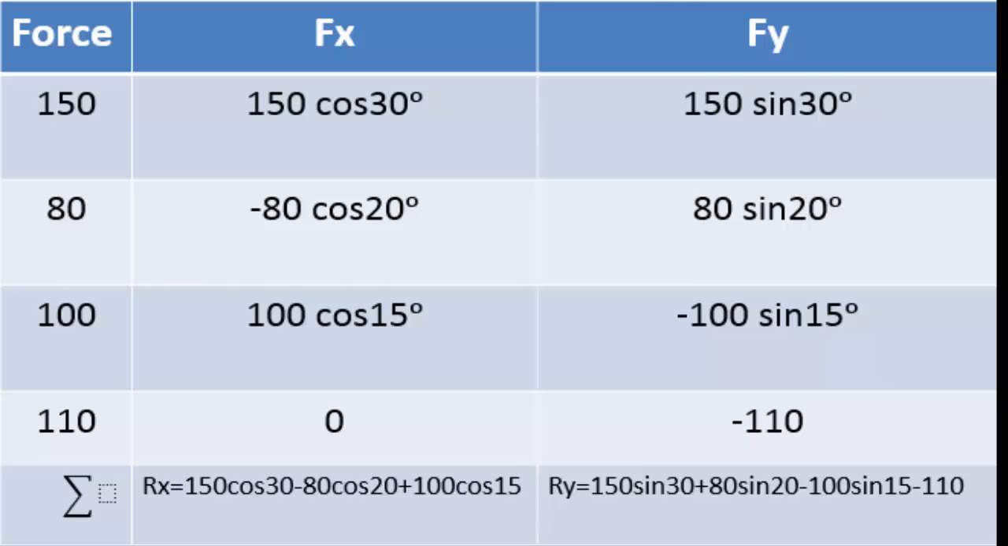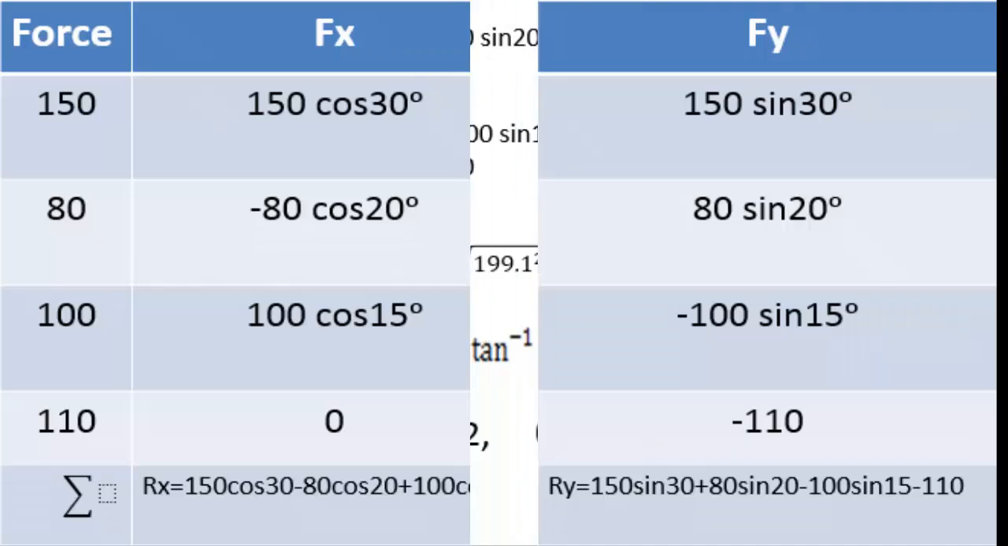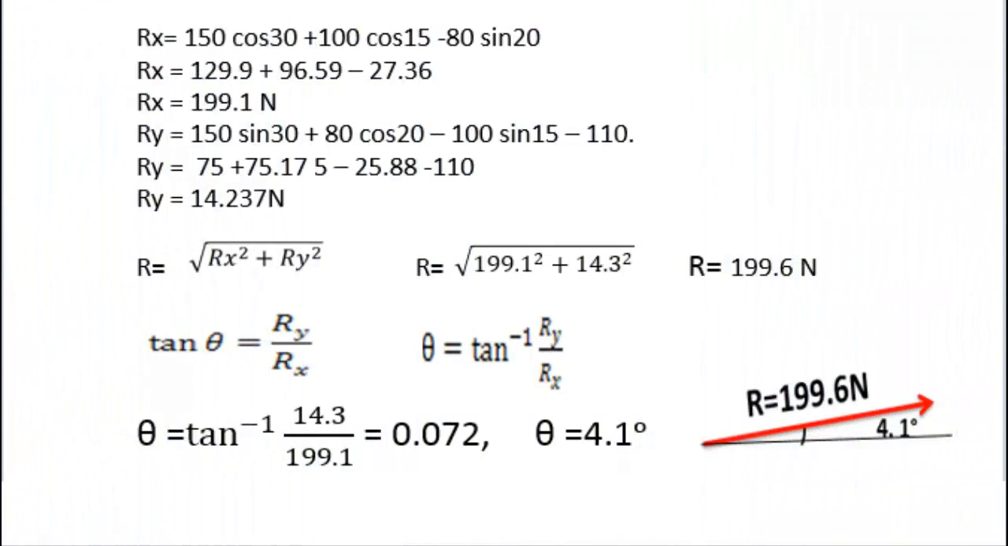The summation of Fy will be Ry, and it will be equal to 150 sine 30 plus 80 sine 20 minus 100 sine 15 degrees minus 110. Rx will equal 150 cosine 30 plus 100 cosine 15 minus 80 cosine 20. Rx will be